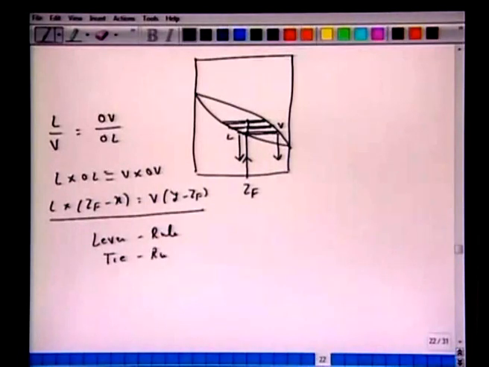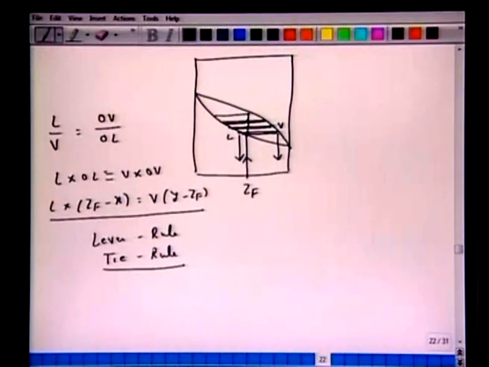The amount of liquid and vapor formed varies along this. Initially we have a very small amount of vapor formed, then the vapor amount increases till it reaches here and everything is now in the vapor form. Okay, so starting with pure liquid, we have reached now the vapor. The amount will be just inverse of the segment.